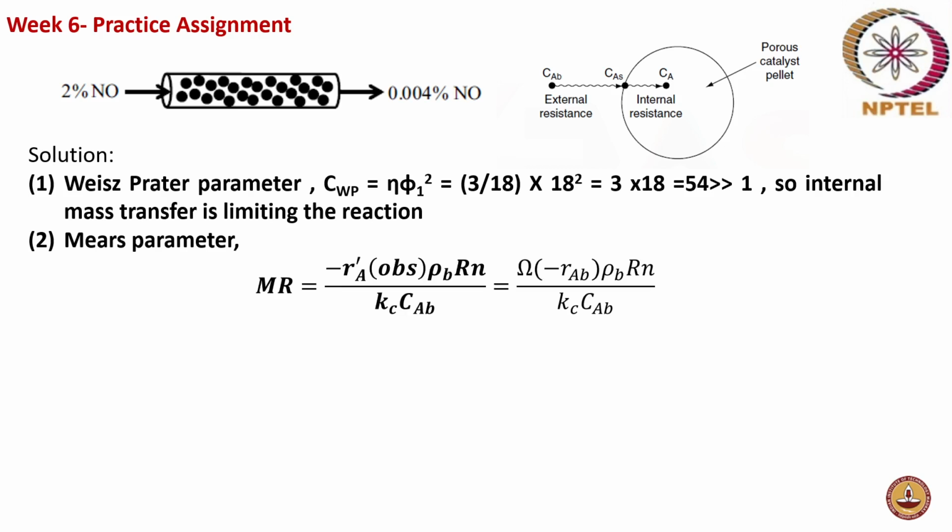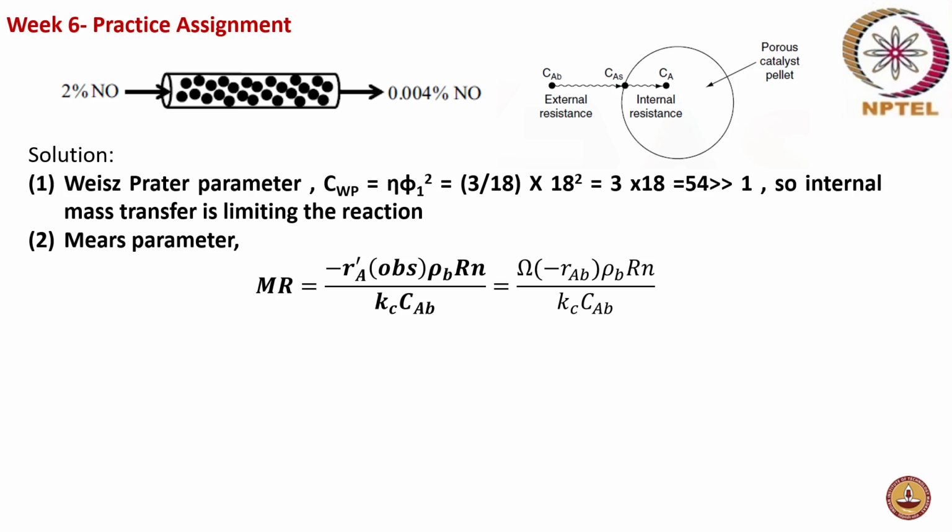Your Mears parameter is given by MR equal to minus RA prime observed into rho B into R into N divided by Kc into CAB, where rho B is the bulk density of the bed, R is the radius of the pellet, N is the order of the reaction, Kc is the external mass transfer coefficient, and